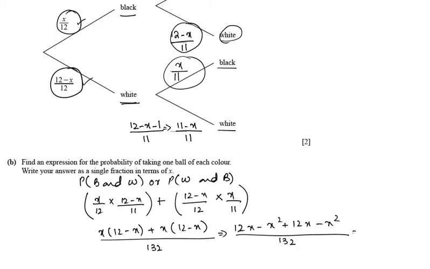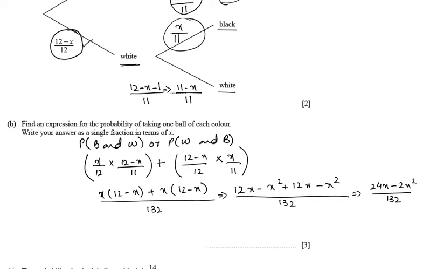So when we add this one, it is 12x and 12x is 24x, and minus 2x squared upon 132. Now here we can take common 2 and then cancel it with the denominator. When we take common 2 from the numerator, it will be 12x minus x square upon 132. So when we cancel 132, 2 6 times 12 and 2 6 times 12. So the final answer is 12x minus x square upon 66. So we have got the answer in terms of x.